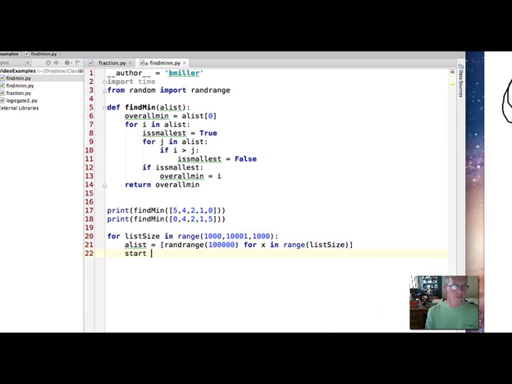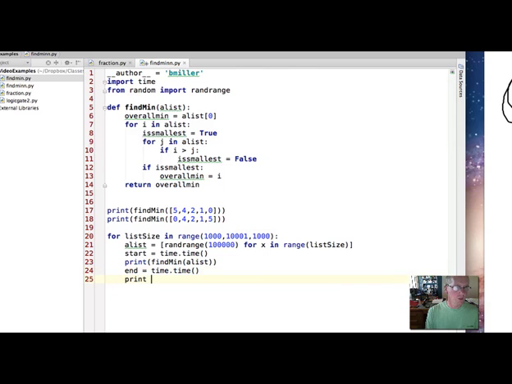Now we'll get our start time. It's equal to time.time, and then we'll print out find min of a list, and then we'll get our end time,